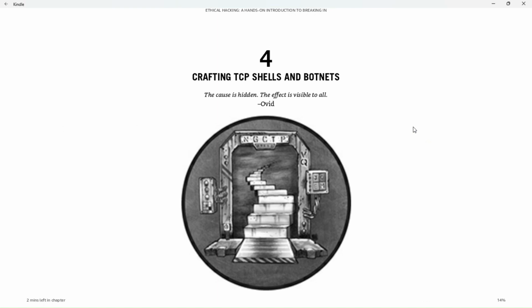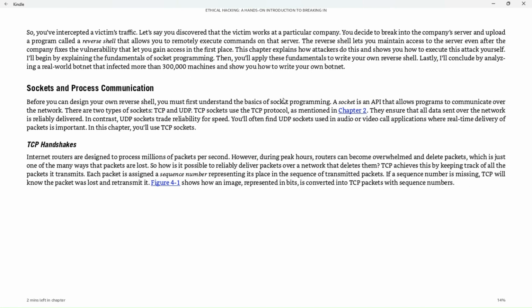So we're crafting TCP shells and botnets. The cause is hidden, the effect is visible to all. So I went through this already. This is my second video. I went through at least halfway, and this has you setting up a backdoor again. We've done it before, but this one's gonna run some scans and stuff. So I'm gonna do it again,